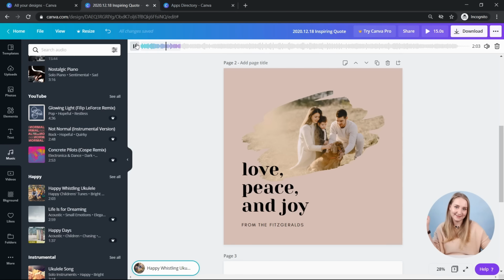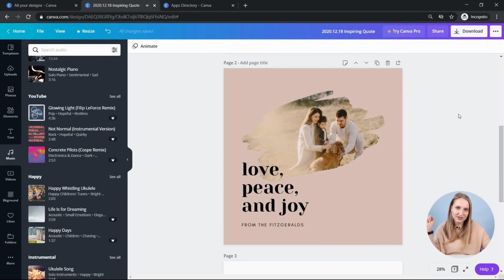And you can just add it to your design. That's how you do it. You can move it in here, at the top panel, just to see which part suits your video. You can adjust the volume, or you can just delete it.